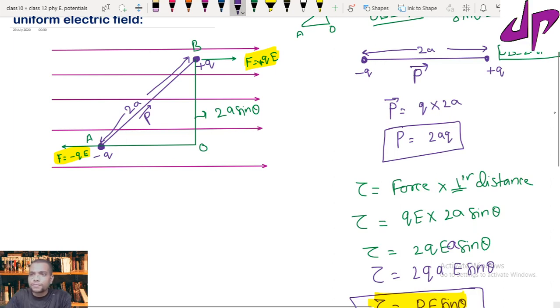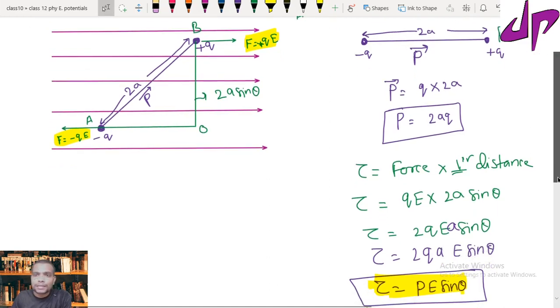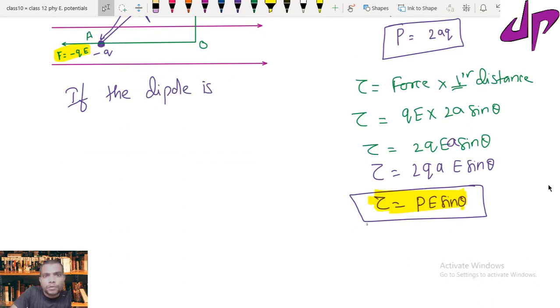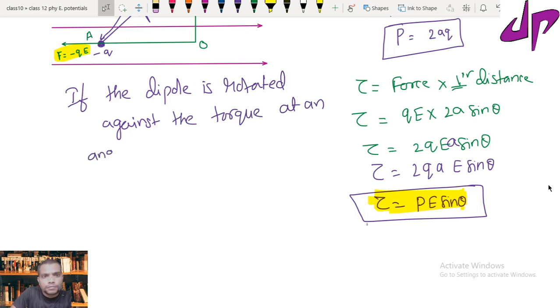Suppose the dipole is rotated through a small angle d theta against the torque acting on it, then the work done is